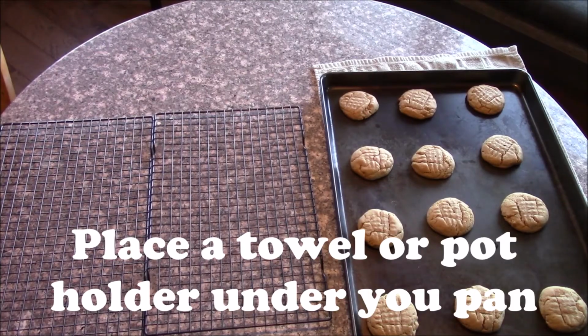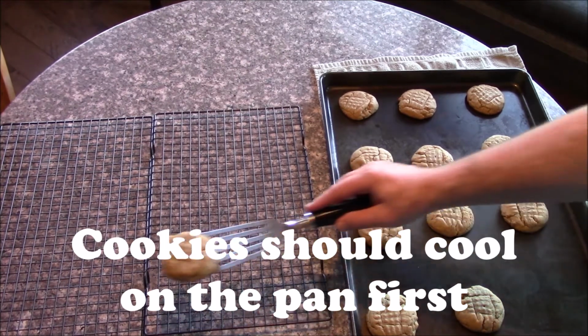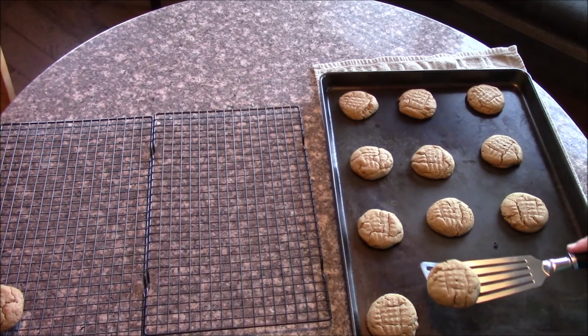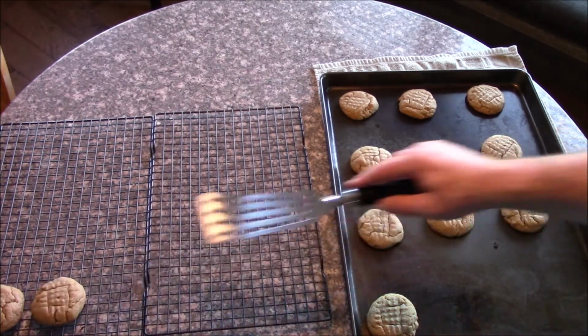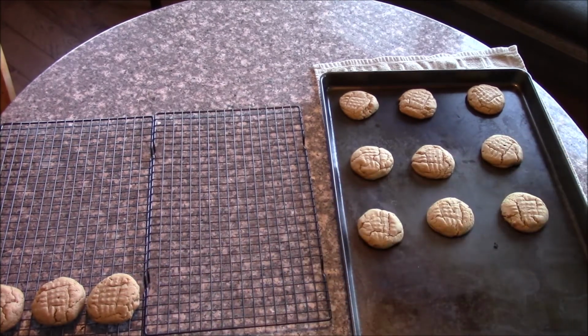All right, the cookies have begun their cooling process. Now I'm gonna transfer them to a cooling rack. If you don't have a cooling rack, that's all right. You just let them continue to cool for about 5 to 10 more minutes. I know it's really tempting to just want to bite into it, but